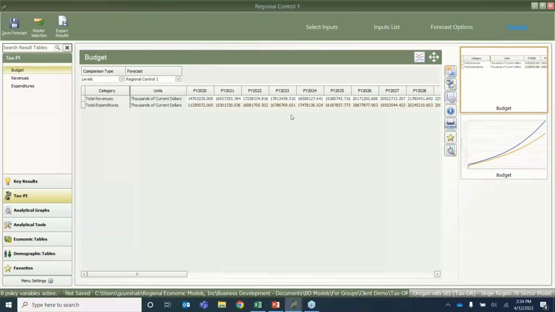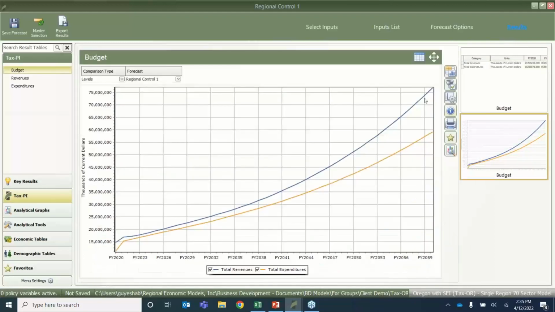And so we have the ability to look at this either as a table or as a graph over here. And as we can see, it seems as if Oregon, without any policy shocks, is actually projected to have a budget surplus all the way until 2060. And we can also track where exactly this surplus is coming from, or rather which particular revenues are contributing to this,